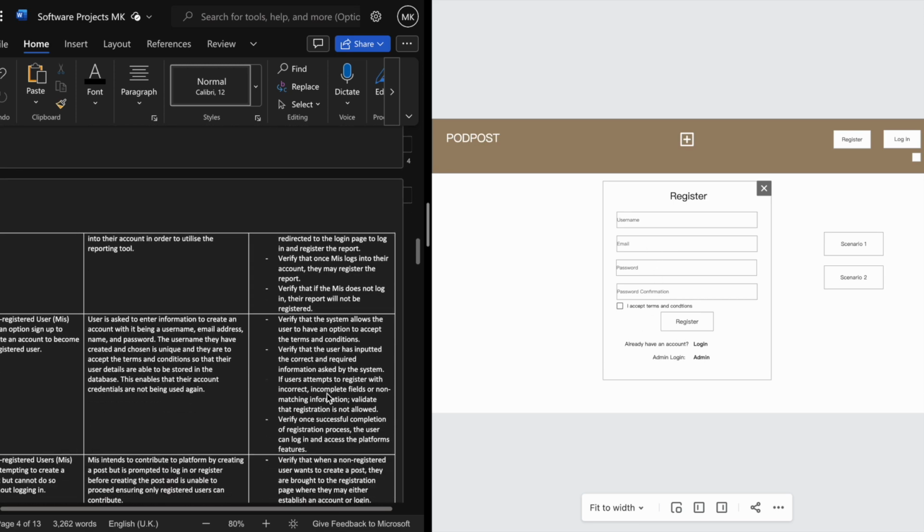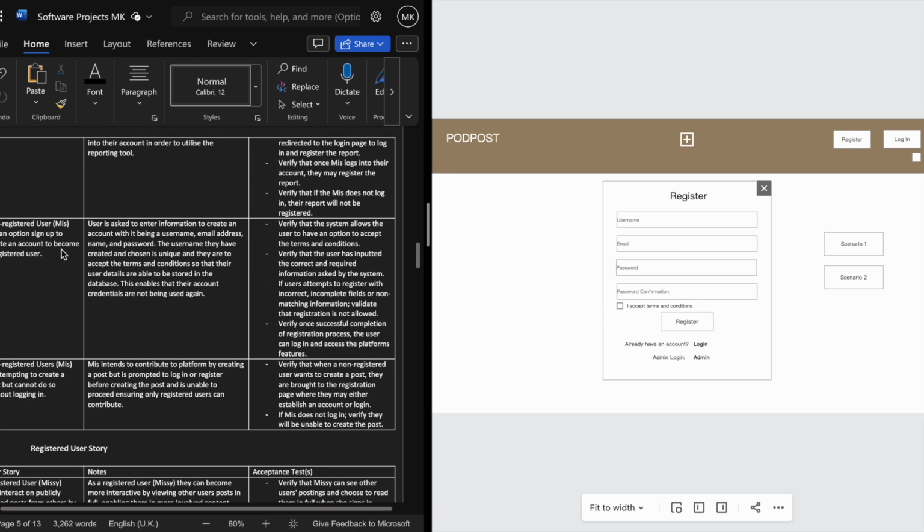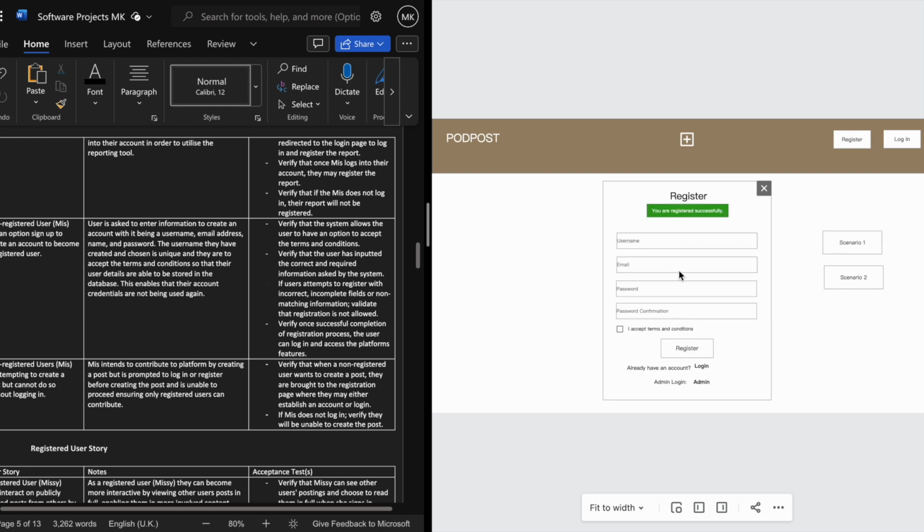This goes back to my user story on the left about the option to sign up to create an account to become a registered user. They're required to type their username, email, and password confirmation. And for that to be carried out, they need to accept the terms and conditions. Once they've registered, they get a notification at the top to say that they're registered successfully. But let's say they put in incorrect details, it'll pop up to say either that the email's not valid, or that the username's not unique, or the password needs to be matching, or it needs to be